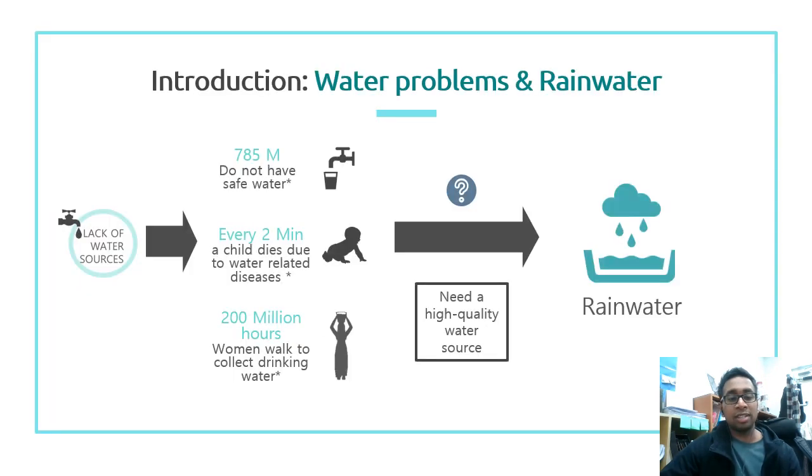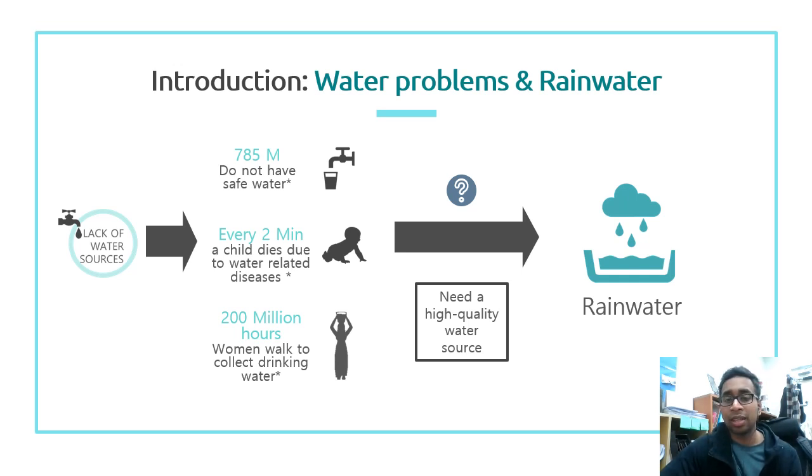So to kick off, let's have a look at the water problems and how rainwater is connected to water problems. As you already know, there's a scarcity of water in the world, and there are about 785 million people who do not have access to safe water. And about every 2 minutes, a child dies due to water-related issues such as diarrhea. And women in most of the developing countries have to travel about 200 million hours collectively to collect drinking